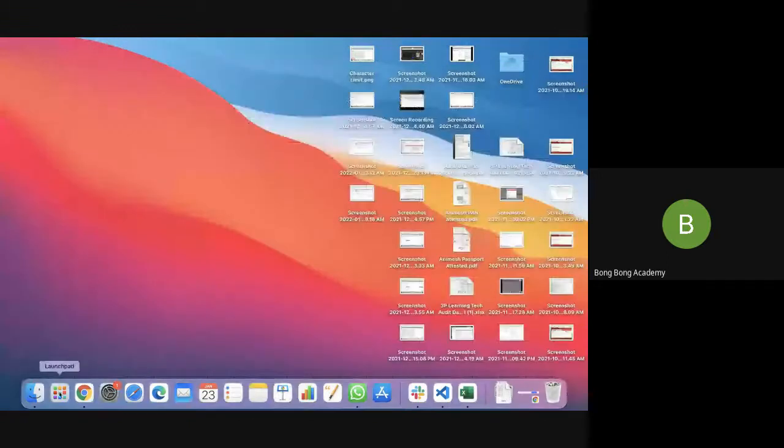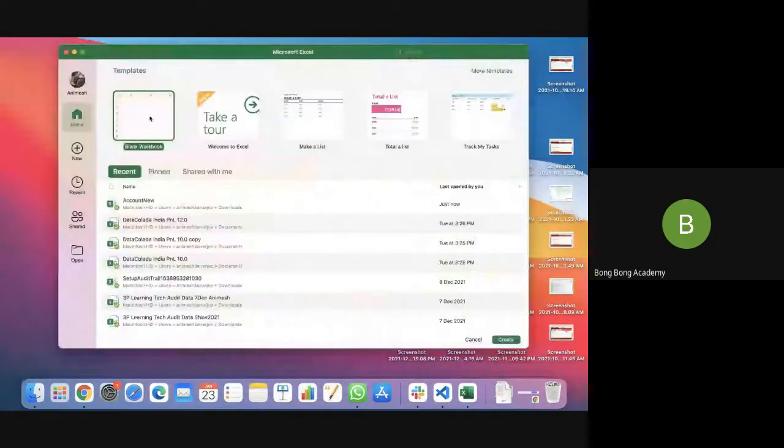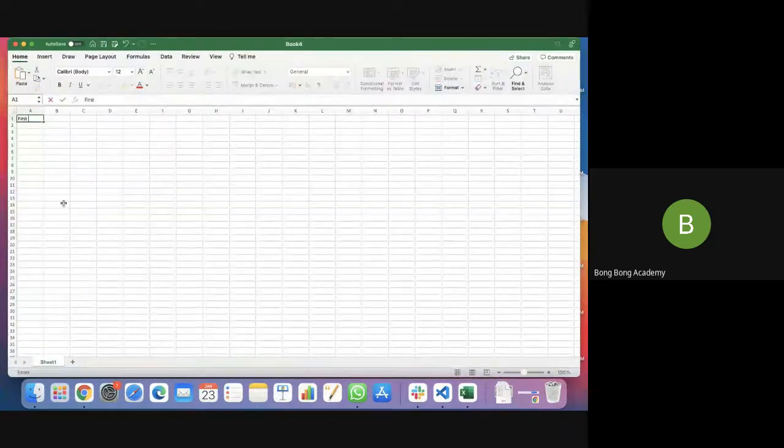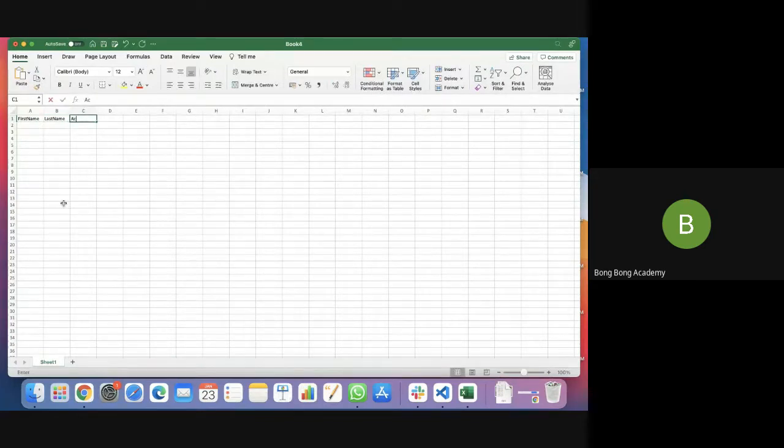I now go to a new Excel again. This time I'm creating the first name and last name. And I need the account relationship, right? So account ID I have to fill up. Otherwise the relationship will not work. Sample LX1, example LX1.